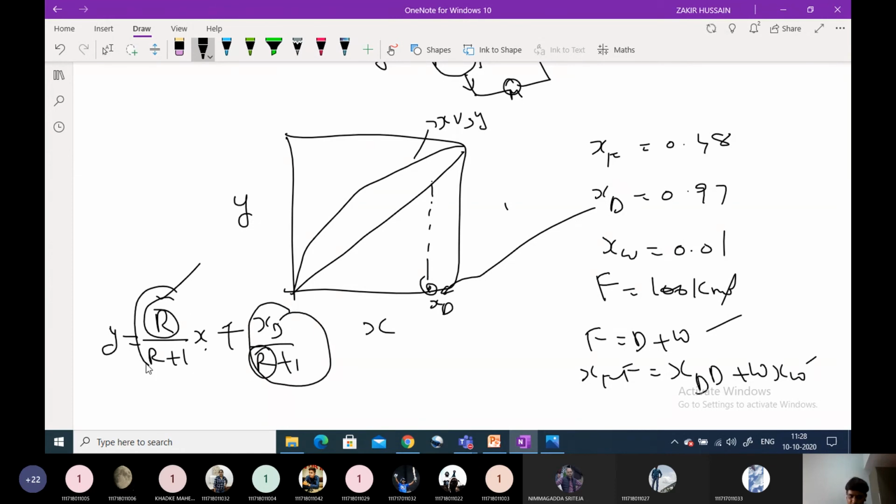For estimation of this slope, you also require this R. So how can you attempt? My suggestion is, when you encounter this type of problem and some data is missing, whatever the missing data is, you just assume the data at some point. If you want to judiciously assume that data, just see that XF is 0.48.